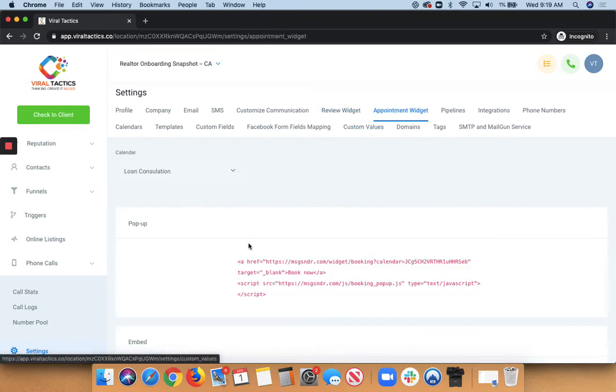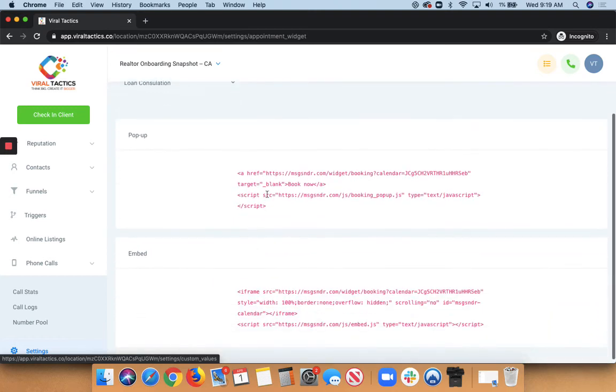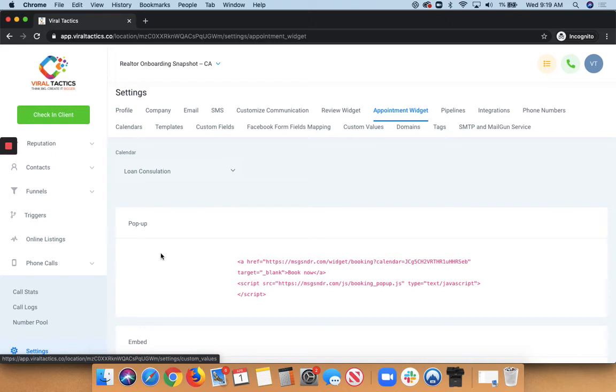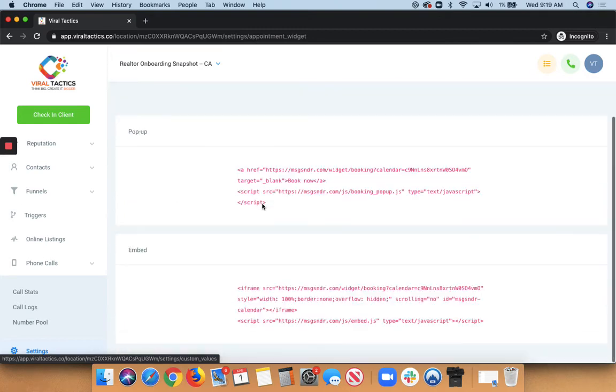The appointment widget, this is where you can go ahead and add your calendar to your website. So all you have to do is click on which calendar you want to add. If you want it to pop up, you go ahead and copy this HTML and then paste it into your website or your funnel. Same thing here,